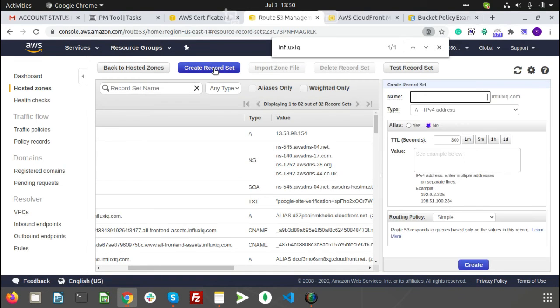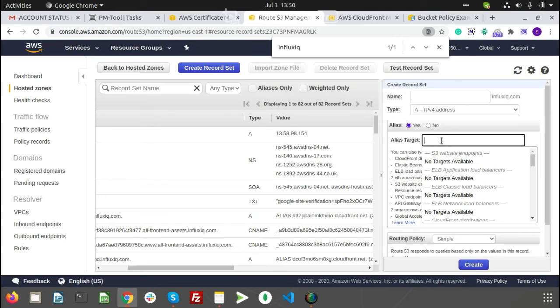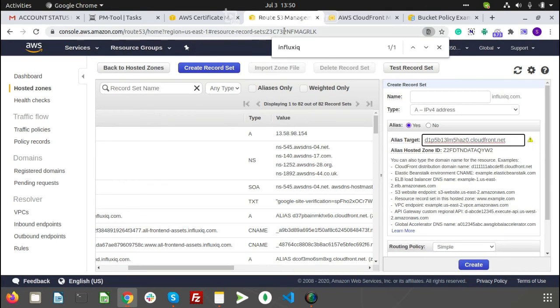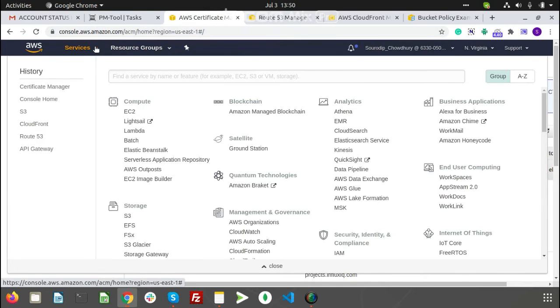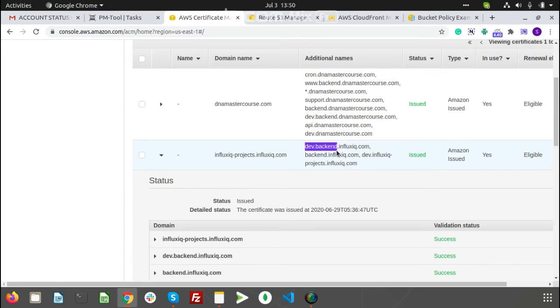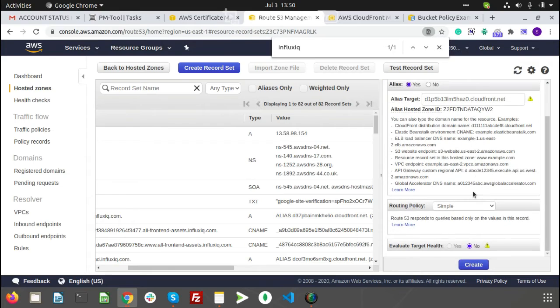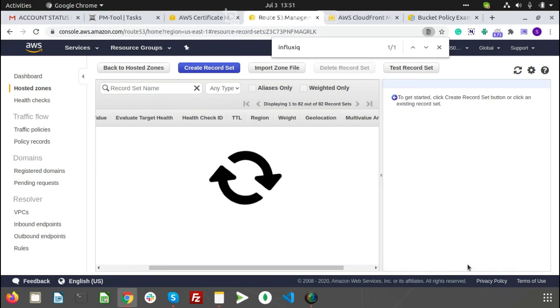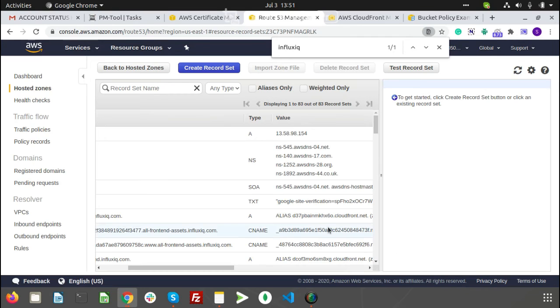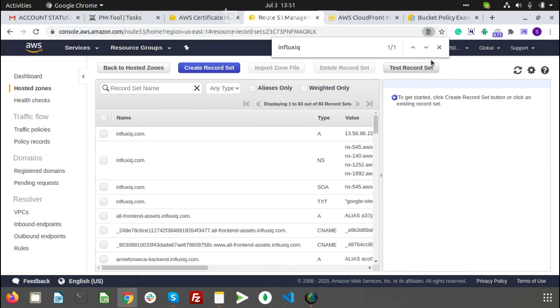Over here we will create a record set, type A record set to be more exact, and we are entering an alias for our endpoint. And again we need the subdomain to be entered. This will be the subdomain before the dot. We need to save, create it, and currently our subdomain is pointed properly to the project.